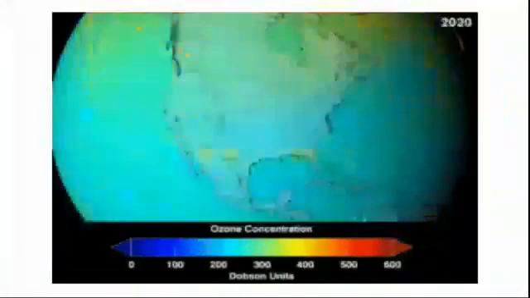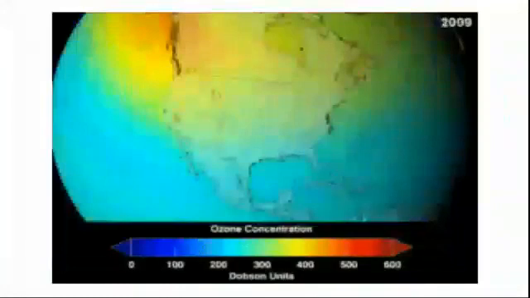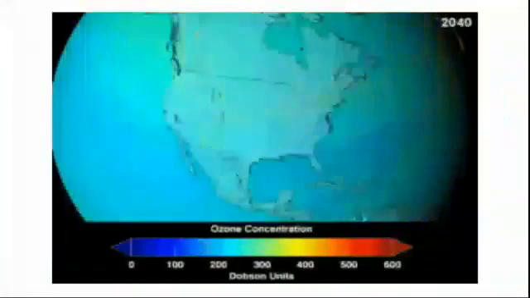In 2060, the Earth's ozone layer is turning completely blue. Yes, that means there will be no ozone layer. What will happen? The sun's ultraviolet rays will come directly on Earth, which is more dangerous for all living things.